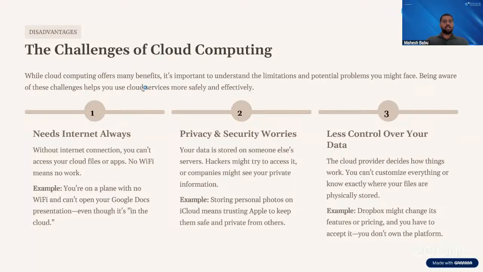The first one, participants, is very important: we always need the internet as the major connection, because without a proper internet connection you cannot access any kind of cloud resources.